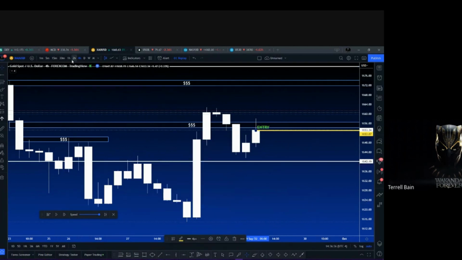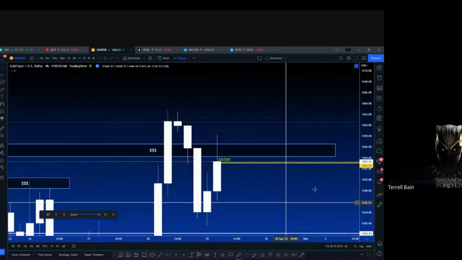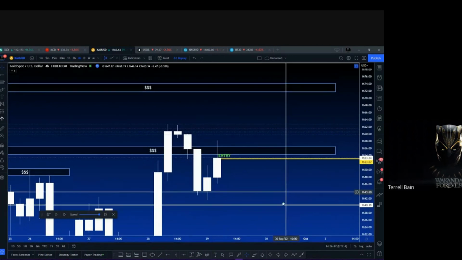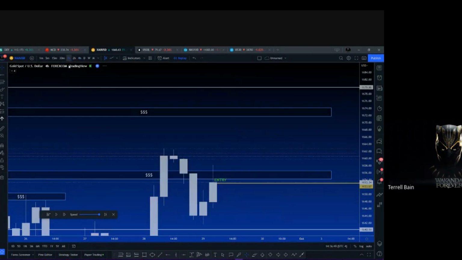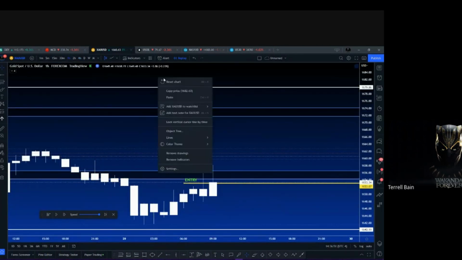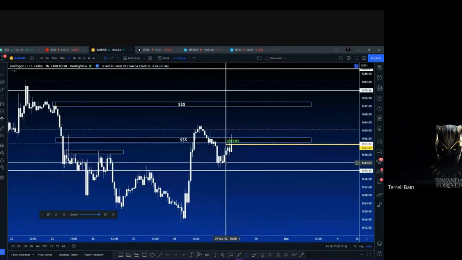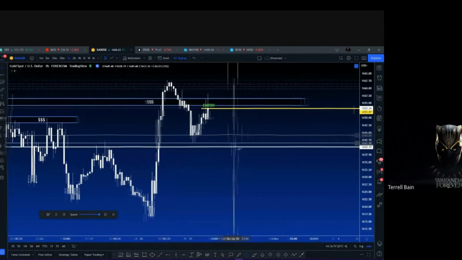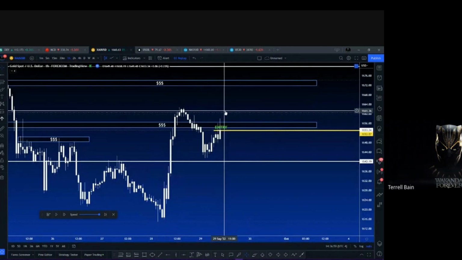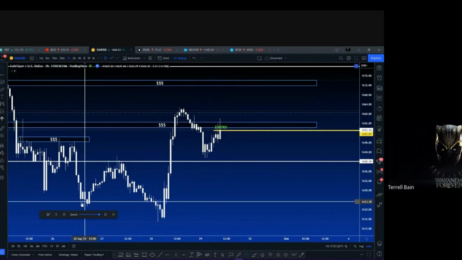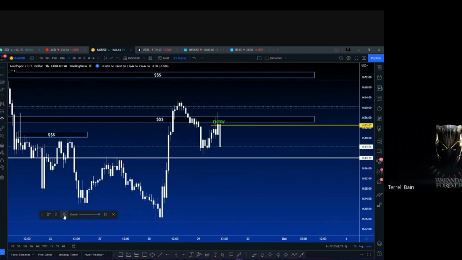Now I'm in the trade. You can't see it, but I'm in the trade, and I expect price to go up. So now I go down to a lower time frame, and quite frankly, I end up going down to the minute time frame. Price hasn't necessarily gone in my favor yet, so I'm not really going to the minute time frame just yet. So let me just move it. All right, look, it went down.